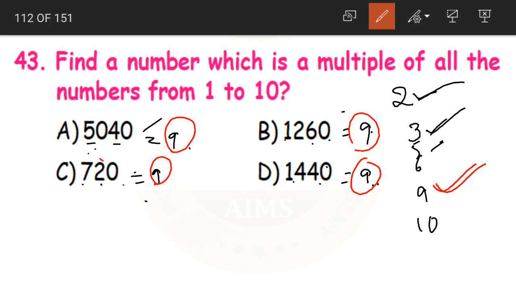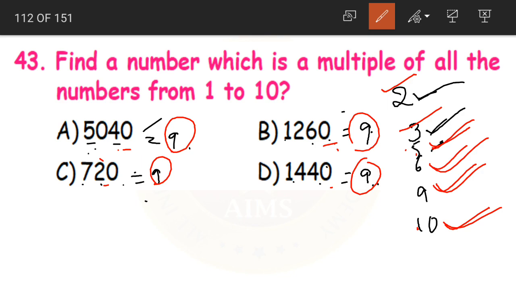And as the numbers are divisible by both 2 and 3, the numbers are divisible by 6 as well. Yes or no, children? Yes. Now coming lastly to 5 and 10, the number should have 5 or 0 in the ones place. Yes, they are all having 0 in the ones place. So it is divisible by 5. And also as all the numbers have 0 in the ones place, they are also divisible by our number 10.